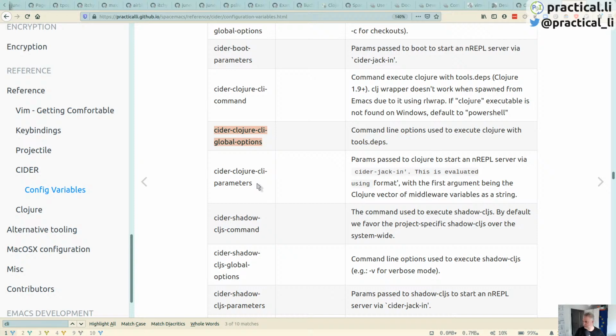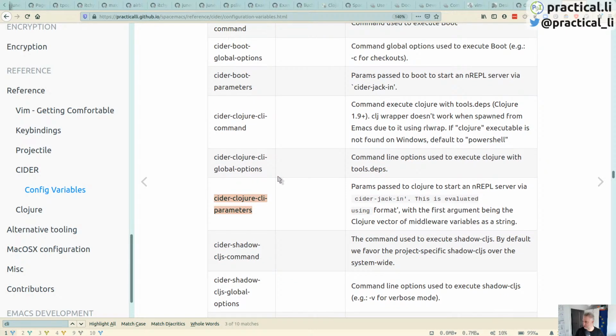If we force people to create an alias for Cider, or we force everybody to install my user level Clojure deps.edn configuration, that seems a little bit draconian for me. But if we have one of these variables, so Cider Clojure CLI,